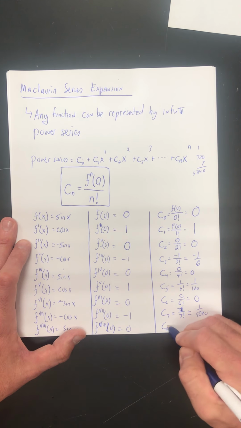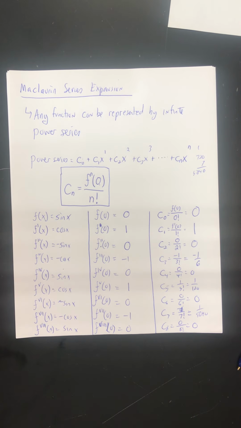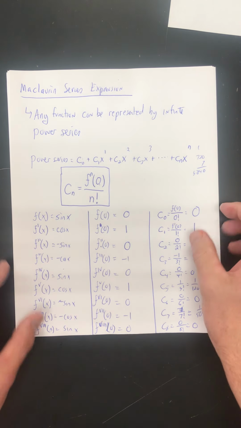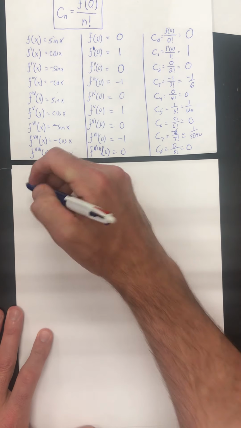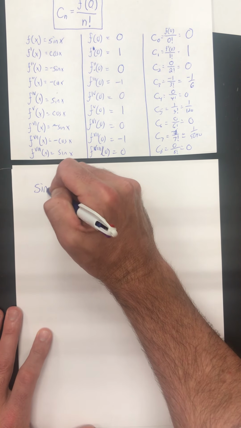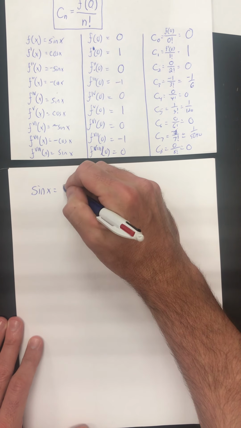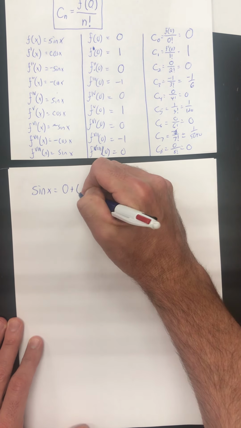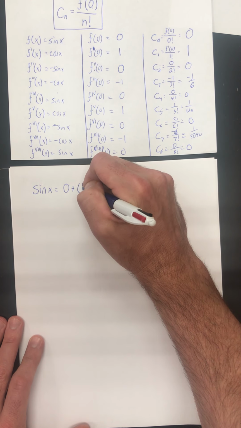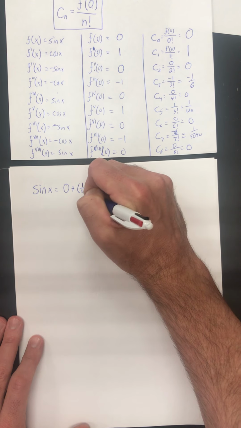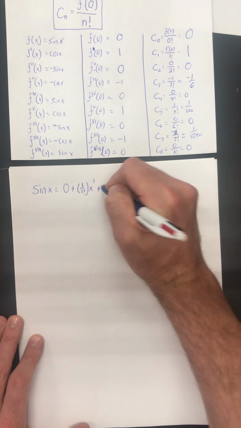5,040. And C8 is 0 over 8 factorial, or 0. So there you go. Now we're not done, because what we have to do is actually do the expansion now, because we want to put it into the pattern. So sine of x is apparently equal to C0, which is 0, plus, and then we're going to take C1, which is 1, or 1 over 1 factorial, and I'll just write it like that so we can see patterns, times x to the first, plus